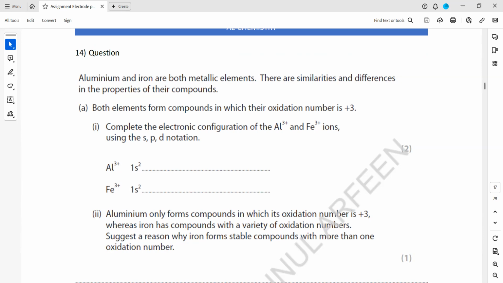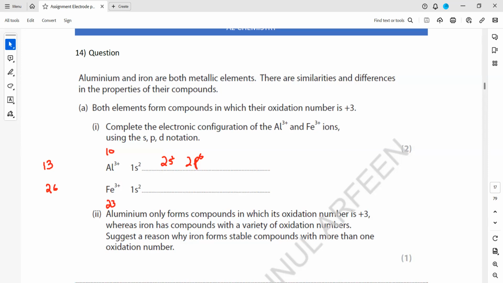So we have to use SPDF notations. So for aluminium, atomic number is 13 and iron is 26. But because we have to make for +3, so we have to arrange 10 electrons. And here, +3 means we have to arrange 23 electrons. So 10 electrons will be 1s2, 2s2, 2p6. But in case of iron,